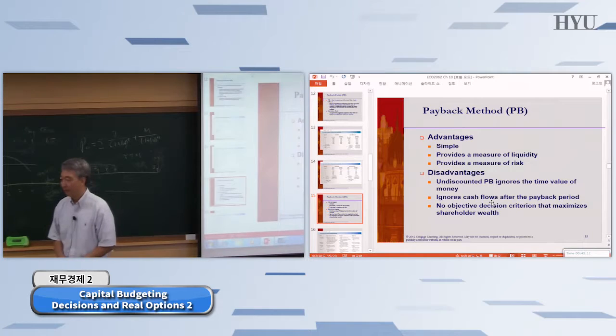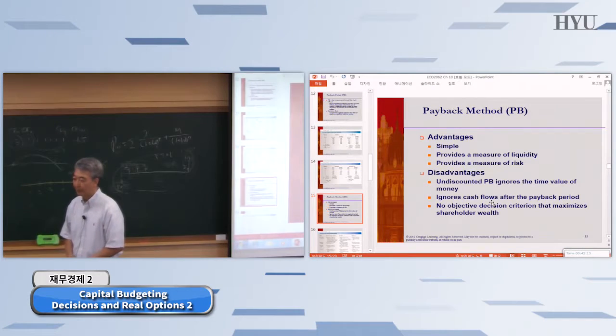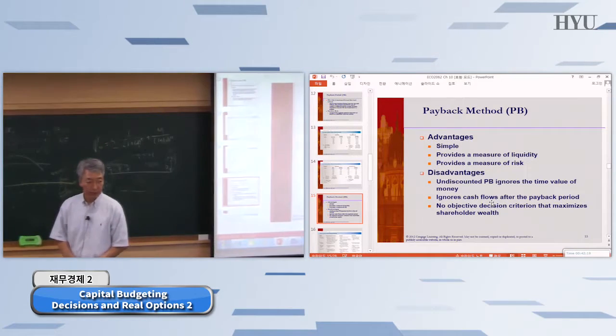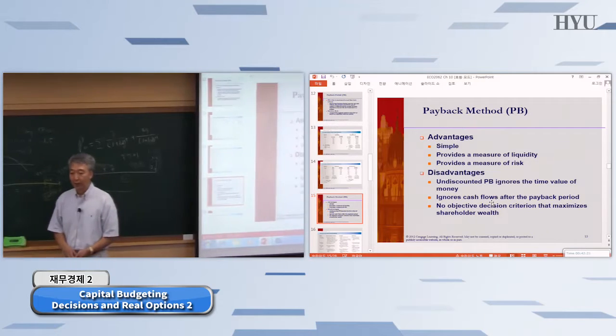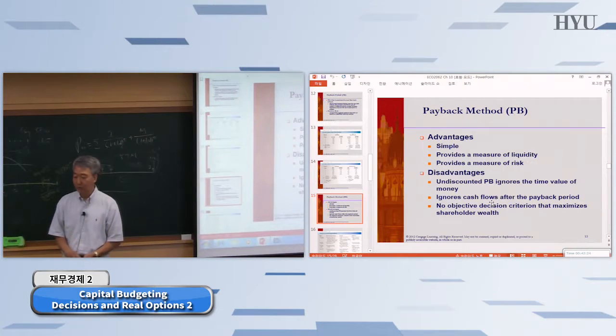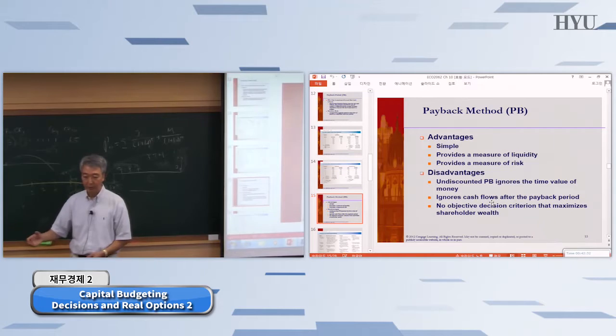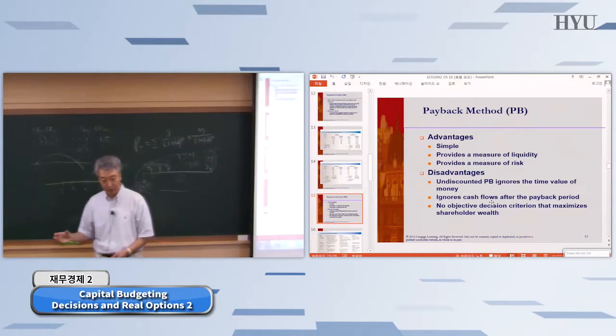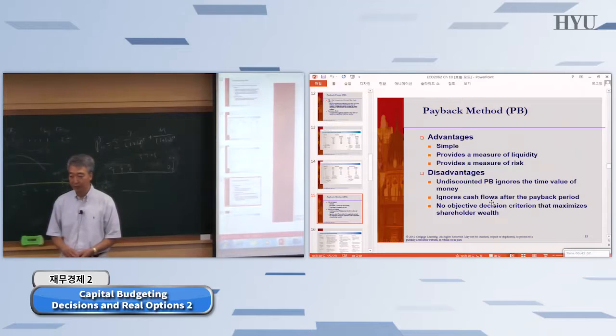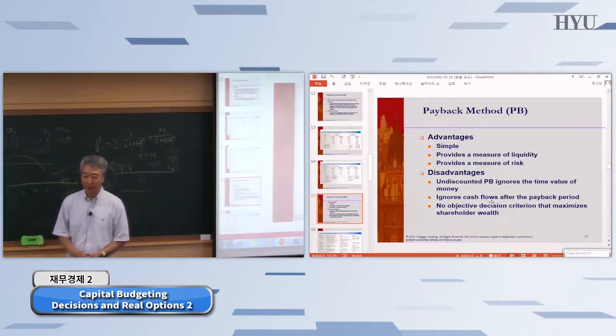Maybe because the longer it takes to pay back, the more risk you have. Right. That was the topic of chapter 8 last semester, or chapter 8 in this book. They talk about risk, and there's a time horizon. The longer the project or the longer the investment, the risk increases because you never know what's going to happen tomorrow. You never know what's going to happen a year later. If you're talking about 5 years later,